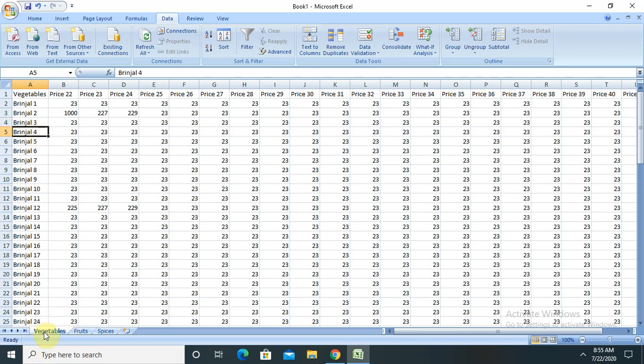Just select this sheet and press Control and select other sheets as well. Select this and press Control.